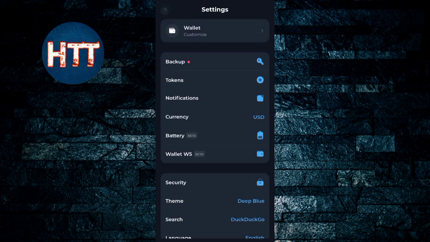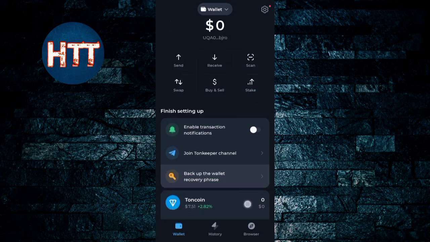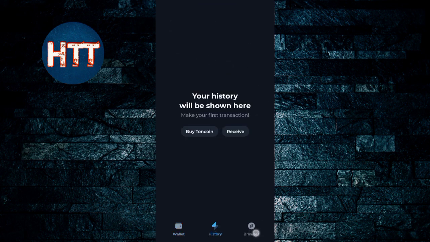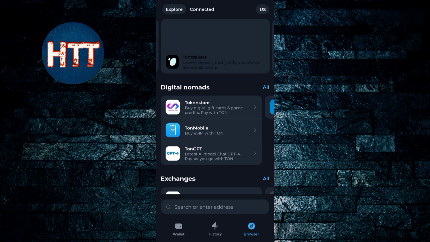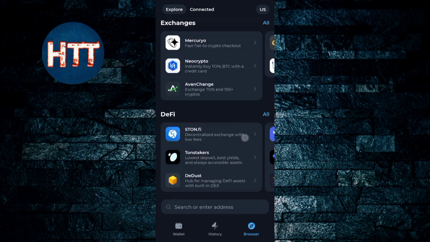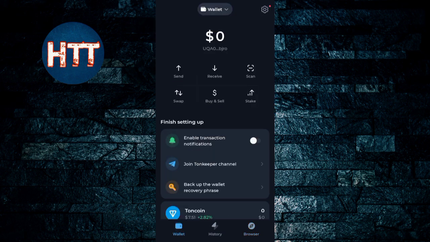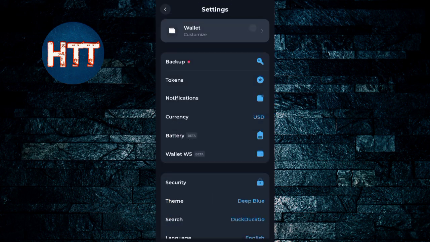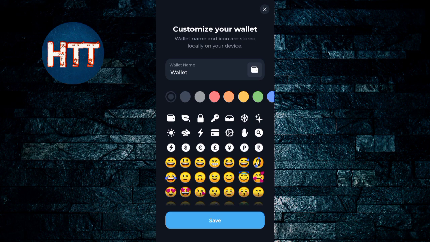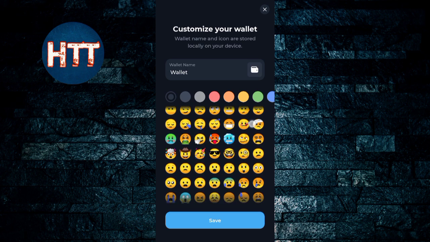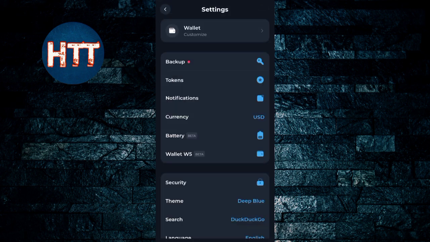You just need to click, and in history you can see browser. You have to create your passcode, then you'll get all the things here. So it's really easy. This way you can create your wallet, customize it, then you can give your wallet name, and